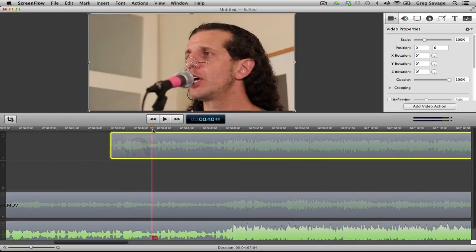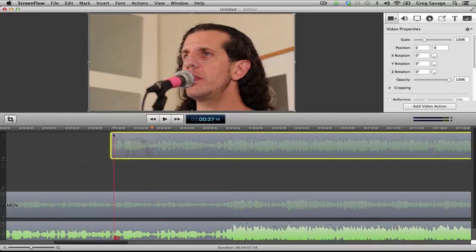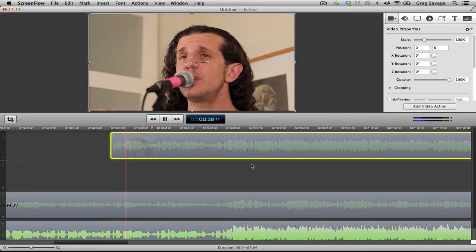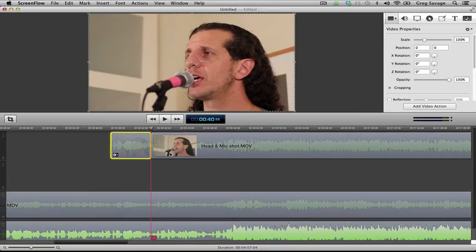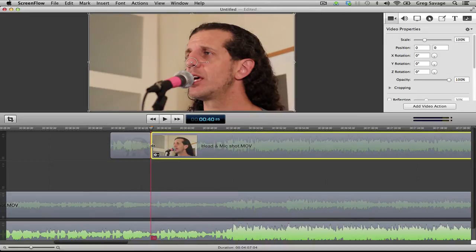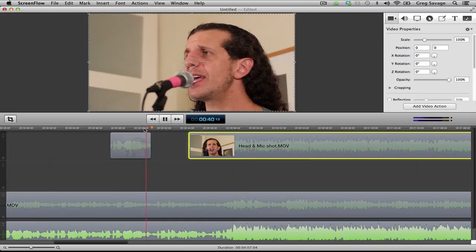And that's if you have problems knowing exactly where the sync point is. You can always add these markers. So go back and play it, make sure I do have it in the right spot, and then we'll cut it right there. We'll move this out of the way. That way when the close-up is done, it jumps back to the main video.